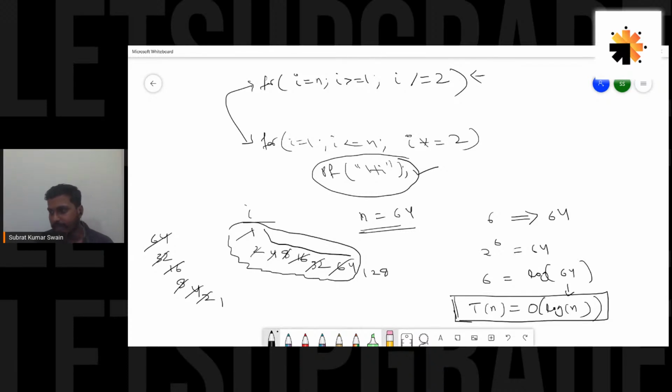One question I came across in the comment section: do we use time complexity only for loops? We don't only use it for loops. We also find time complexity for recursion. You can also have it for while loops and so on. We can also apply it to recursion. Basically, it is the part which decides the time. I hope you understood this example of logarithmic.